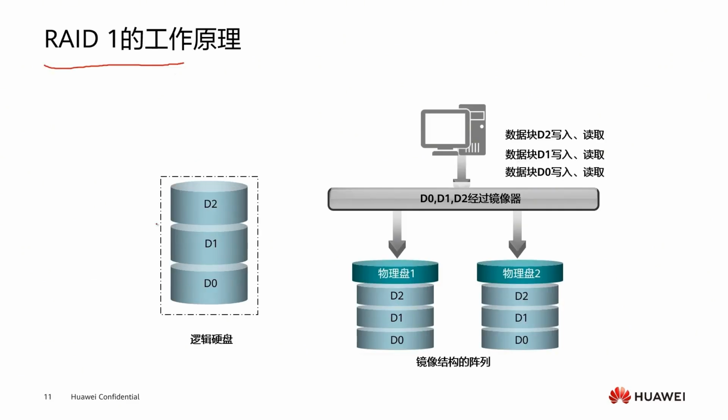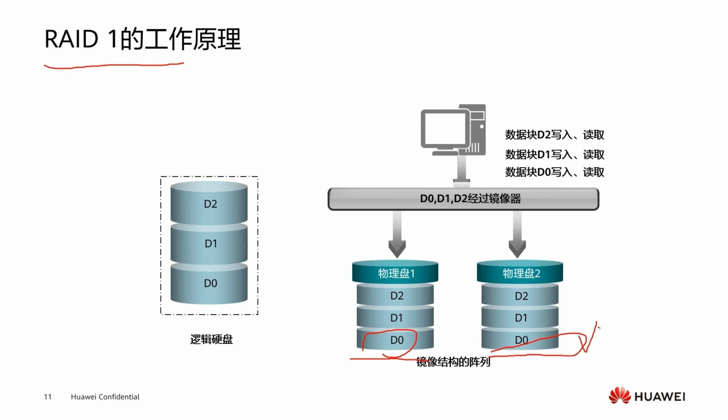When the original hard disk fails, the mirror disk takes over the service from the original hard disk to ensure the continuity of the service. The mirror disk serves as a backup, providing high data reliability. The storage data volume of a RAID 1 group is only the capacity of a single hard disk, and the